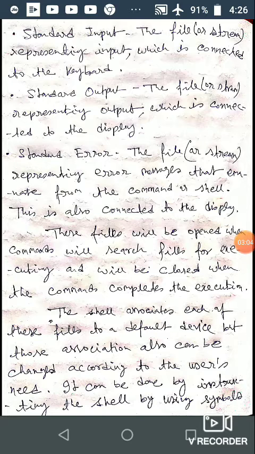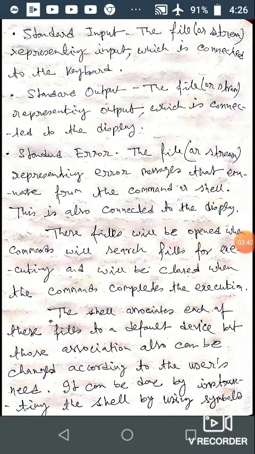Every command that uses the streams will always find these files open and available. These files are open and available to the commands at the time of execution, and when the command execution is complete, the files are closed.